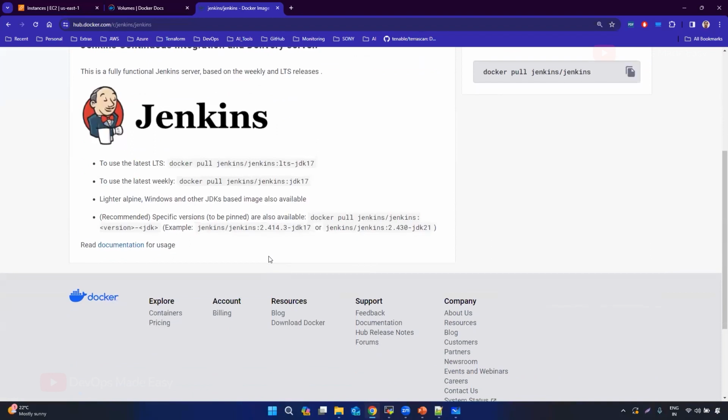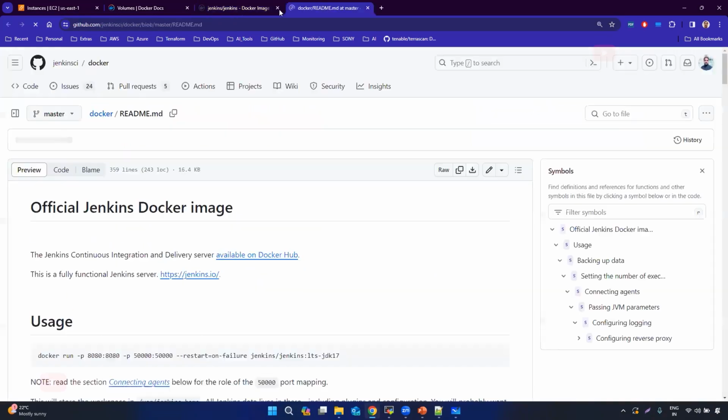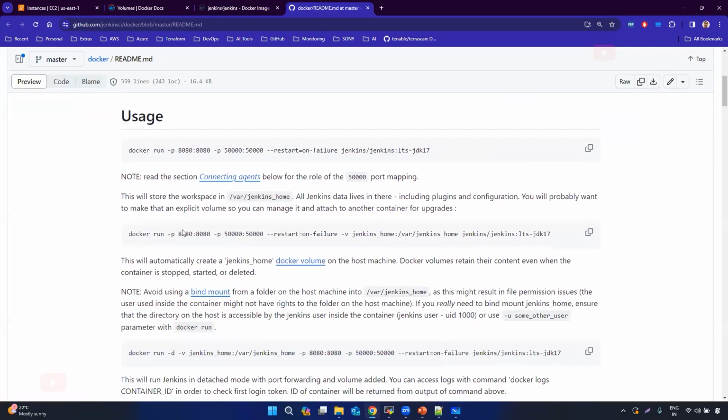If you open this image, you'll find the documentation here, or in their own pages. They will obviously have a run statement to create a container, and also somewhere they'll mention where this container stores its data. If I just copy this,